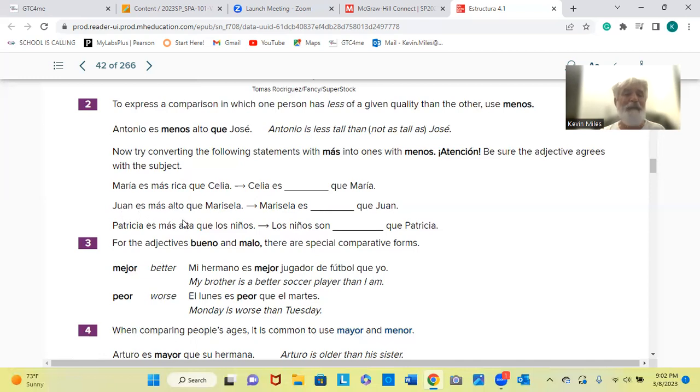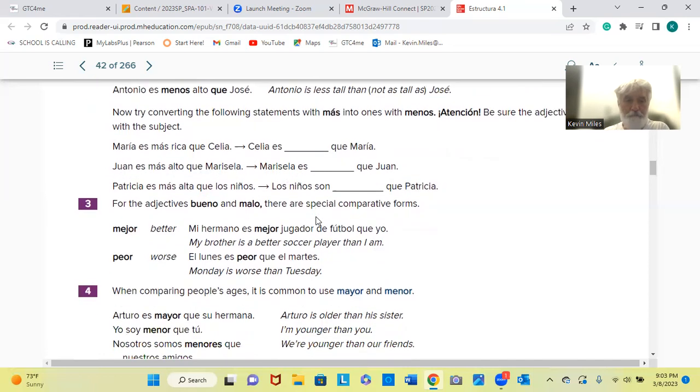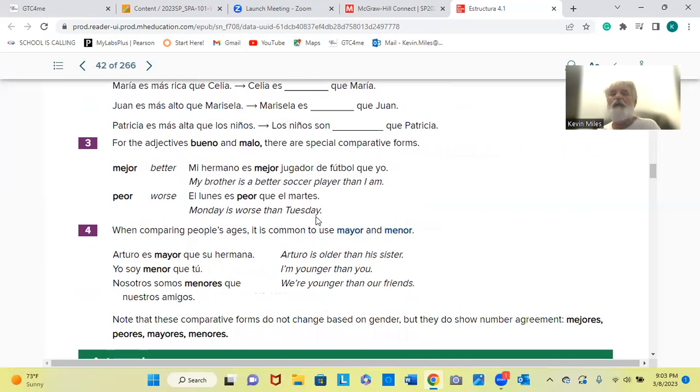Let's do another one. Juan es más alto que Marisela. So Juan is taller, es más alto, is more tall than Marisela. Okay, everything looks good here. It's alto because Juan is masculine. Now we want to say Marisela is less tall than Juan. Marisela es menos alta que Juan. Okay, so we have to use alta. So make sure you look through these and make sure you know these